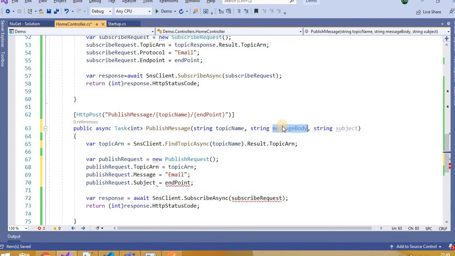To the message we will pass the message body, and to the subject we will pass the subject parameter.